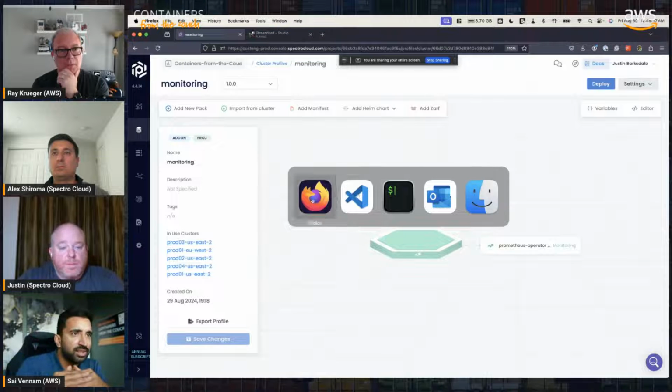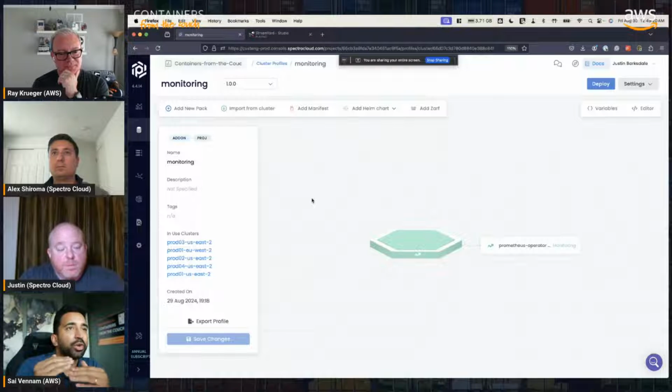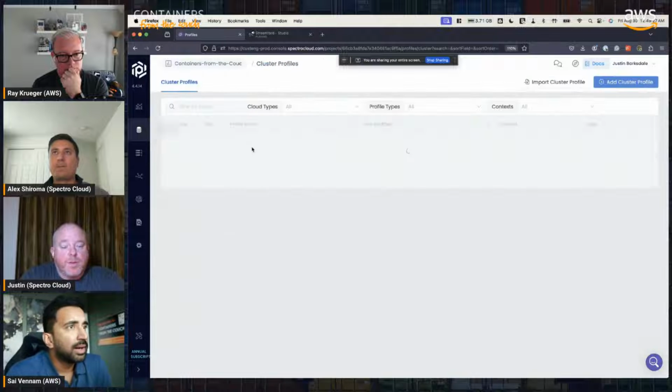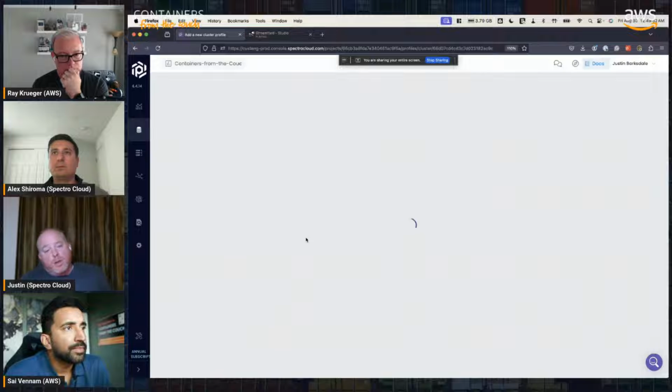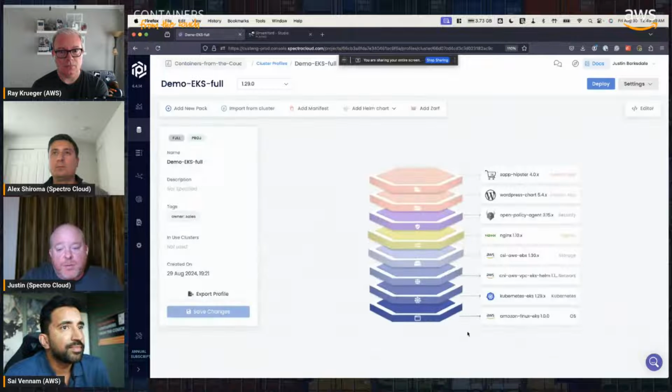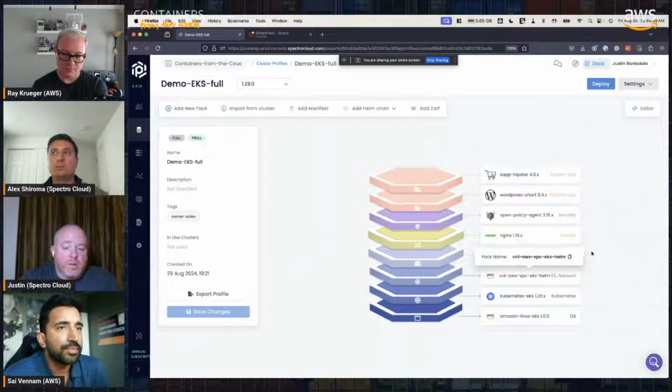What's the significance of the order of that stack? Is it the order in which things get deployed to the cluster? Is there significance there? Yeah. So by default, we have install priority. The default is that everything is the same unless you change it. With the exception of the base four layers, which go in order: operating system, of course, first, Kubernetes, then CNI, and then CSI. Those all go in that order. There's really no way to change that. But beyond that, it's up to you.